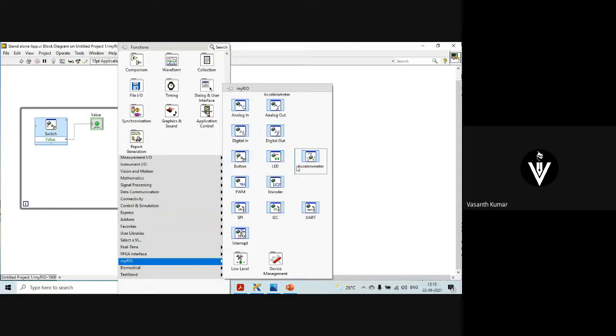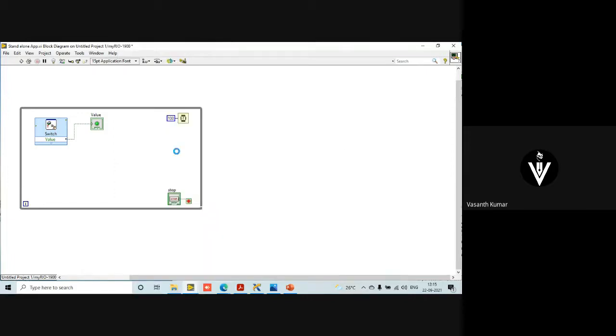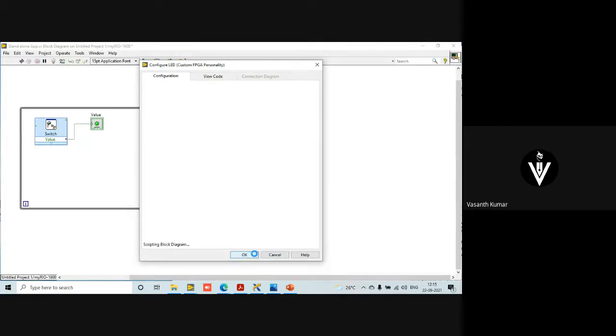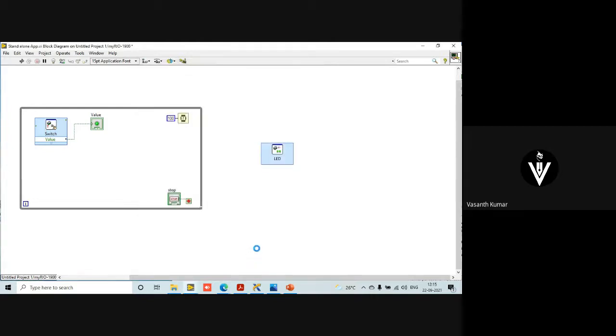This is an onboard LED. This entire row is for onboard button, onboard LED, onboard accelerometer. I'll drag and drop an onboard LED. All right. So you can configure all four if you wish. I'm going to name them A, second one to be B, third one to be C, and the fourth one to be D. All right, there are four LEDs. You can switch off if you don't wish to configure it. I want to configure all four of them, so I'll just leave them enabled. Fine, you'll see that all four LEDs are configured.